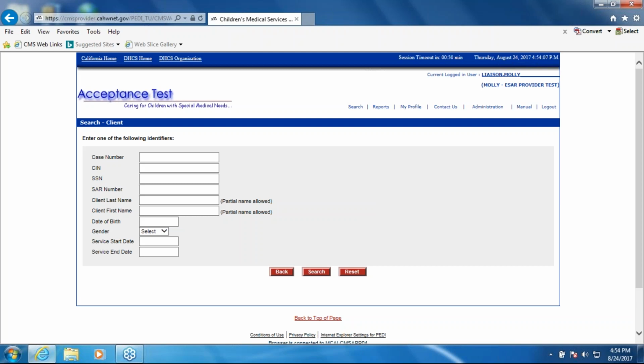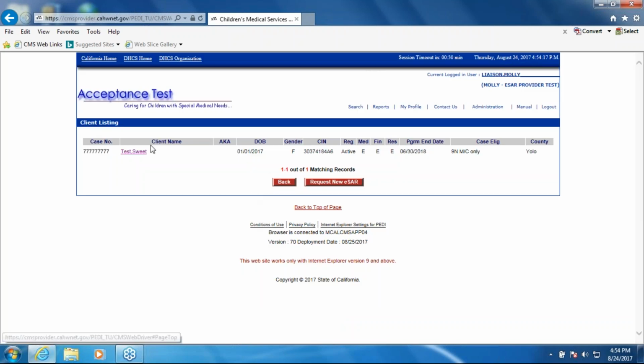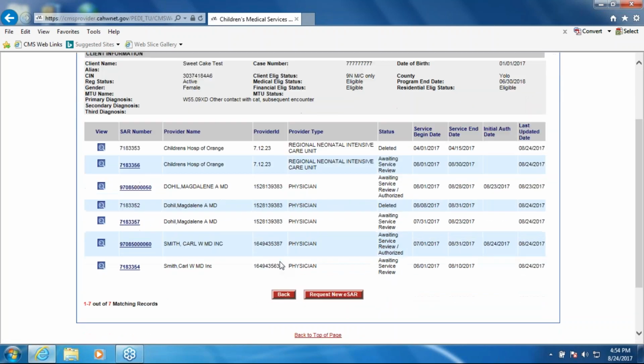Alrighty. So that is how to modify a SAR, and let's just go ahead and take a look at it again, so that you know how it looks after you modify it. So that SAR that we had modified and extended the end date is currently right here, and it is now in awaiting service review. And if you would like to take a look at it, you can click on the view icon,